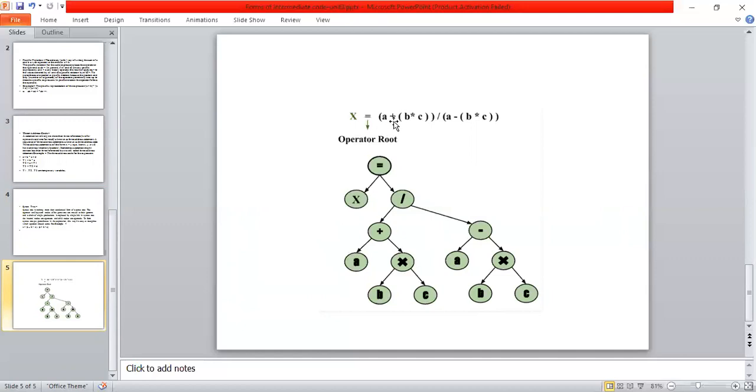So this is my left subtree, this is my right subtree, with the operator slash. So this left subtree slash this right subtree, and this entire value I'm storing in the variable x. So this is x, here I have the operator equal, and this entire value, the division operator, is available in the right place. So this is about the forms of intermediate codes.